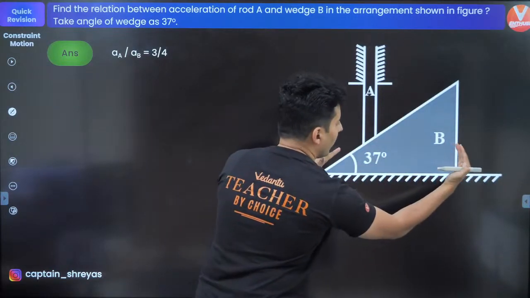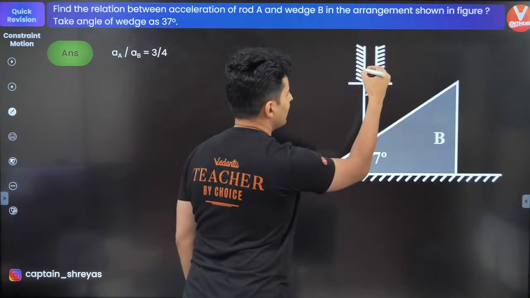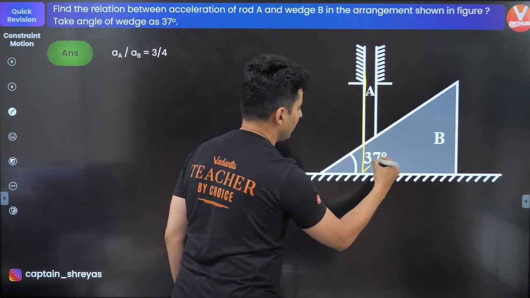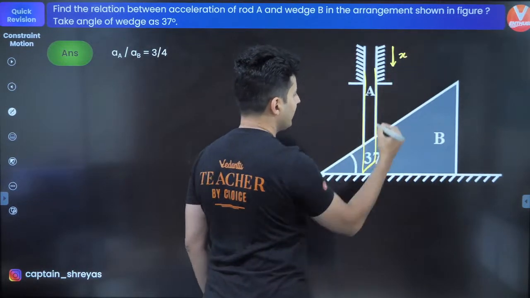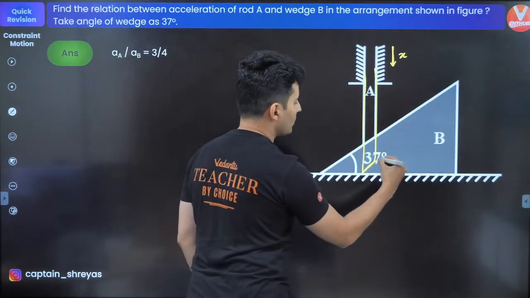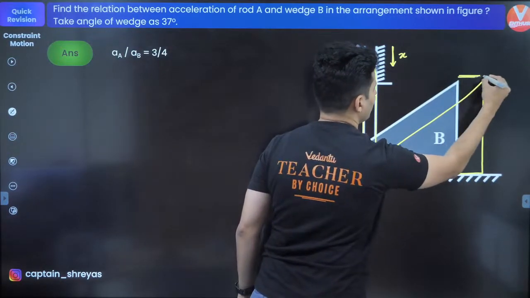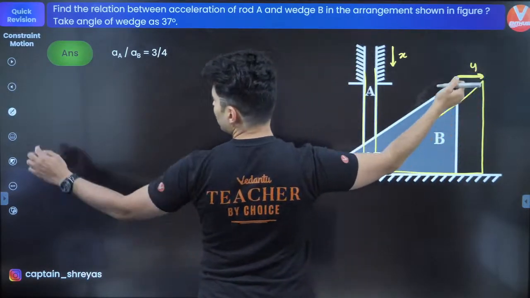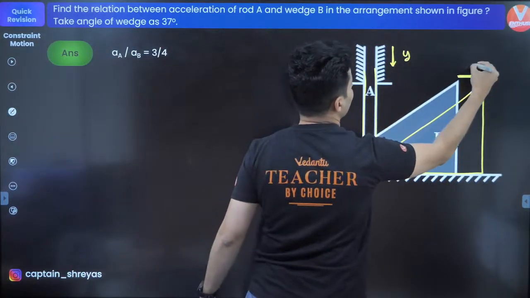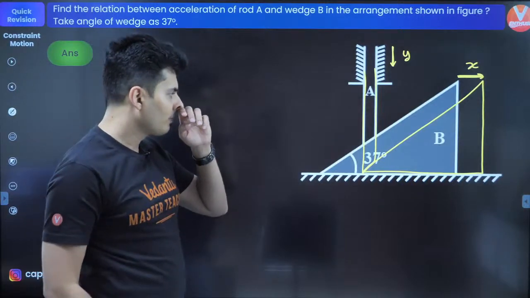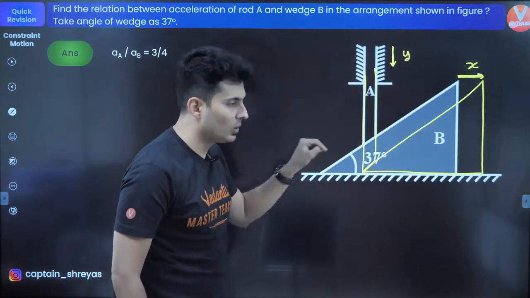Just move this wedge to the right side, and bring this block down. So let's say this block comes down over here like this. It has come down by some amount, let's say X. That means this wedge has to go somewhere here like this. So it has moved some amount, let's say, or else I can just make this Y and this X, horizontal, vertical. Okay. Now, if this has come down by Y, that means this point also has come down by Y,